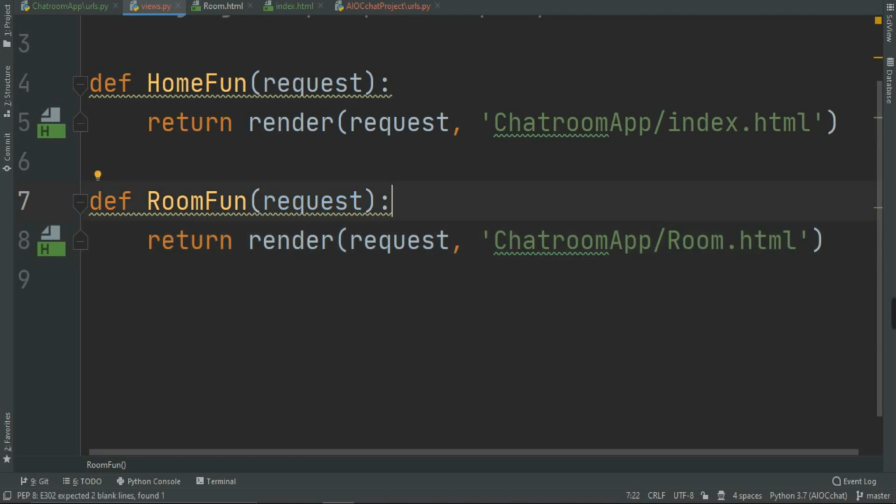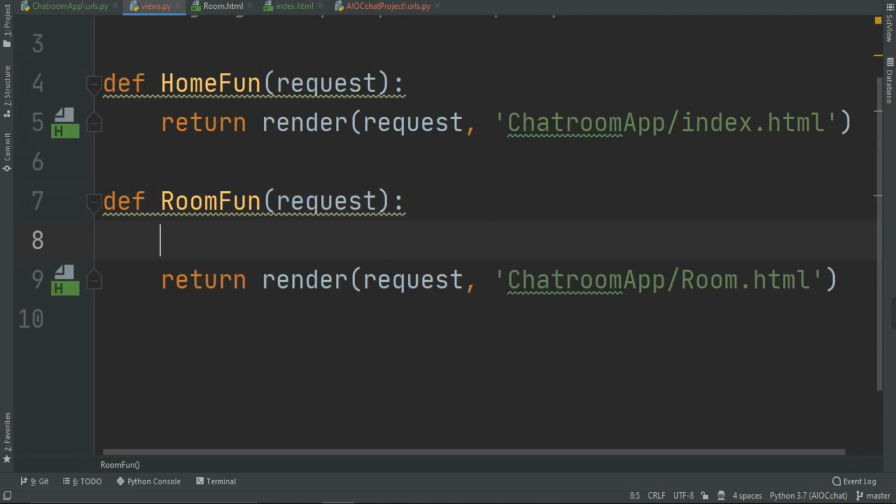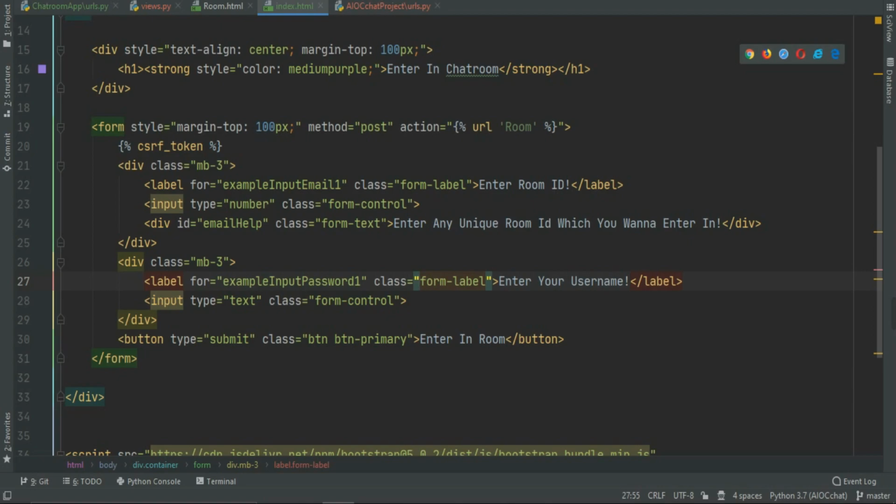Now because they are redirecting in here, I'm gonna grab the room ID and the username, and for that I'm gonna change the input name equal to room ID, and in here input name equal to room name, or you can change it to username.